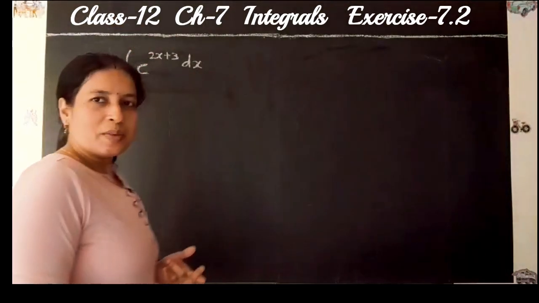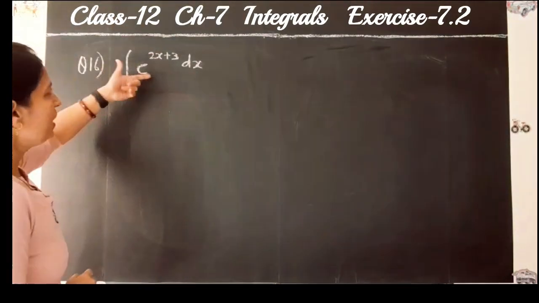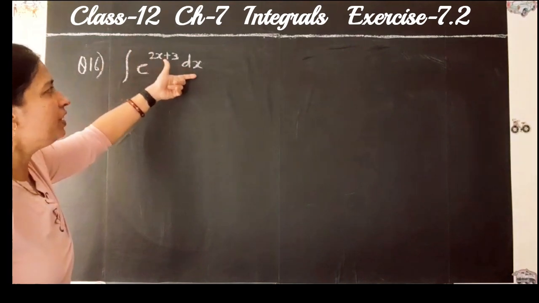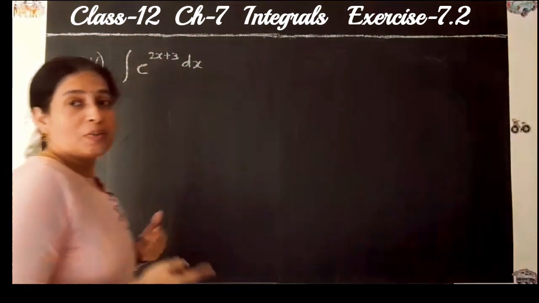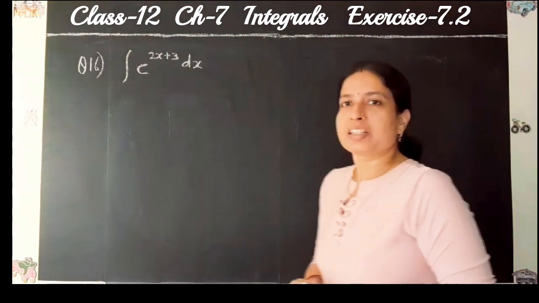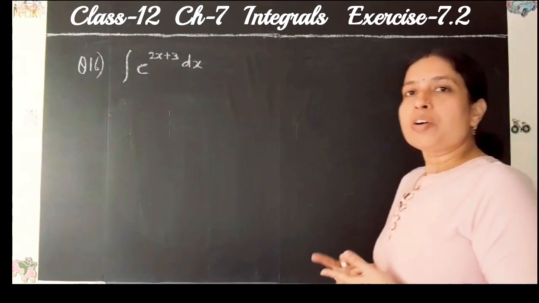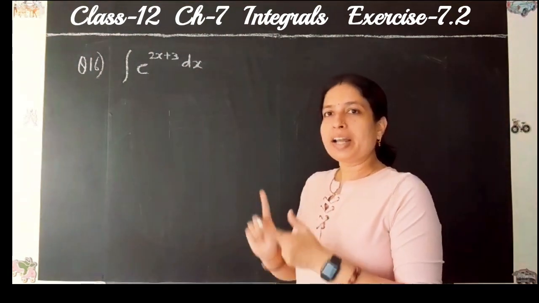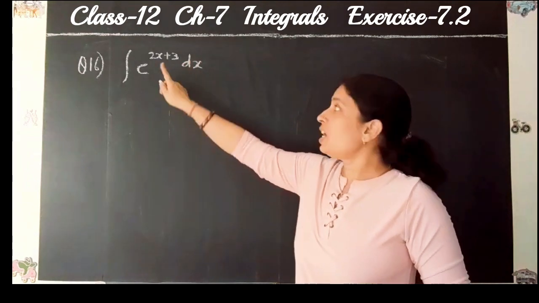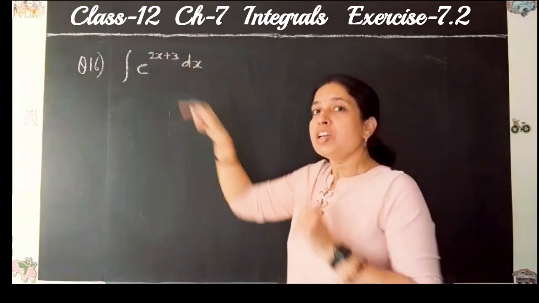Next one is question number 16. It is integral of e to the power 2x plus 3 dx. And we know the formula for integral of e to the power x. Yes, integral of e to the power x is equal to e to the power x. But in place of x, here it is given 2x plus 3. So we put